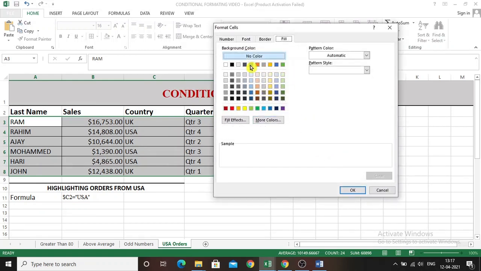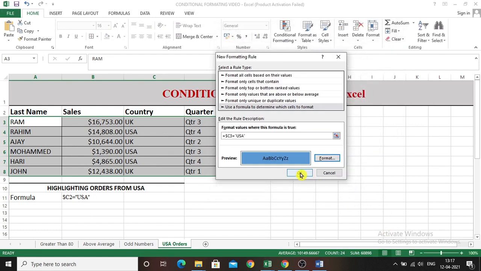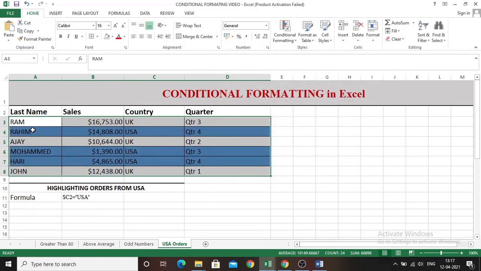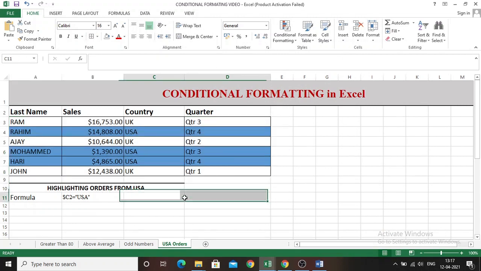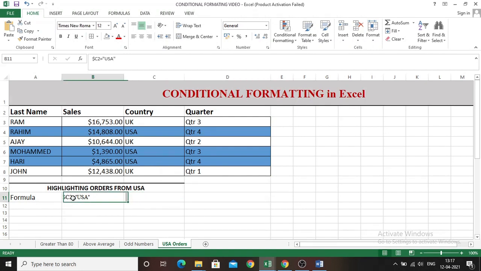Let's say this to be highlighted in blue, then click OK, click OK. Then the values with USA alone are highlighted in blue background. So here the formula should be $C3 equal to USA.